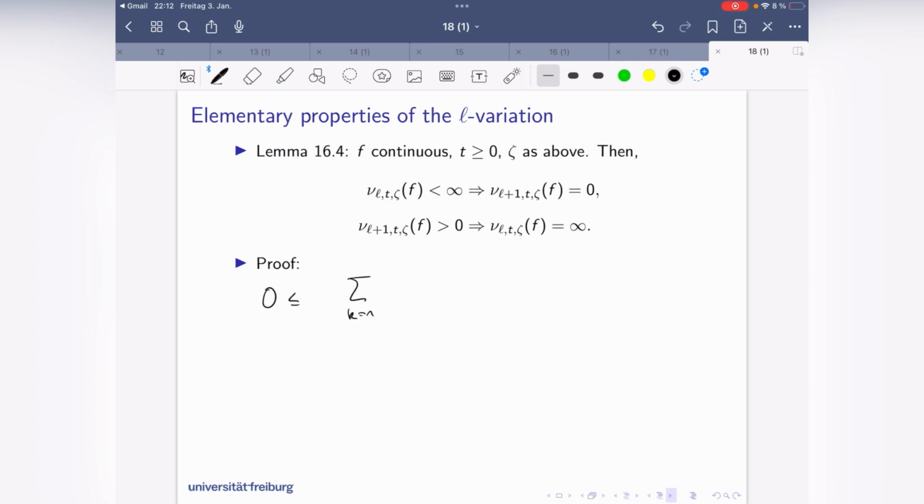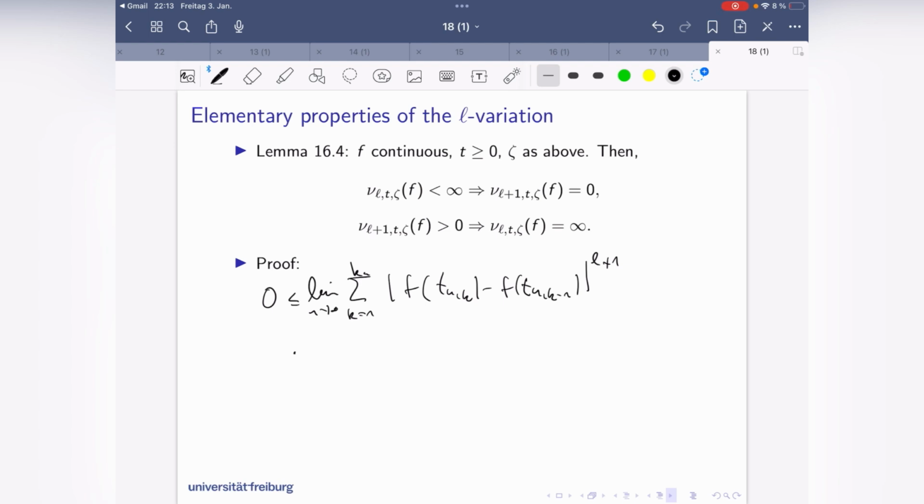It is the sum over k from 1 to kn, absolute value f of t n k minus f of t n k minus 1 to the power of L plus 1, and I'm having a limit as n goes to infinity. So I have to argue that this here goes to 0,